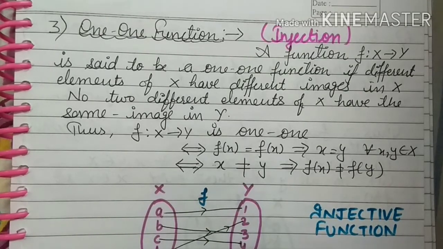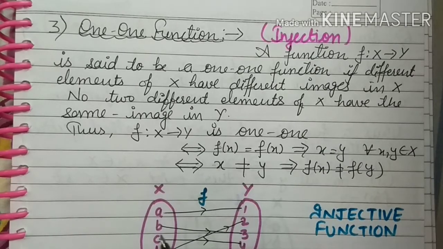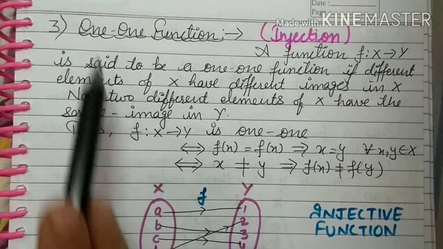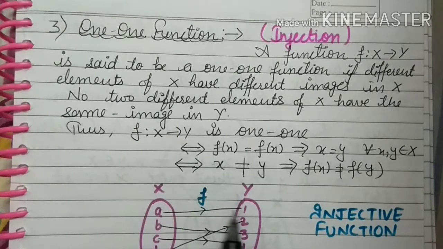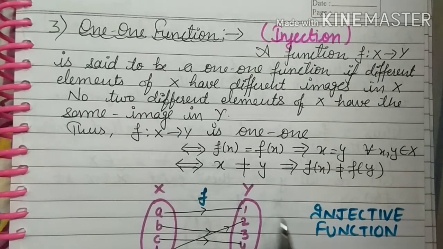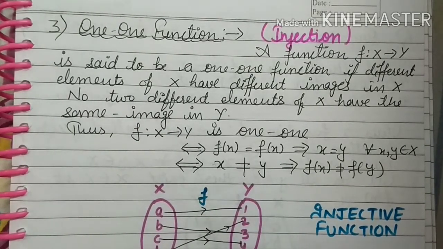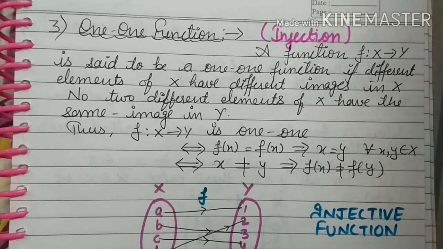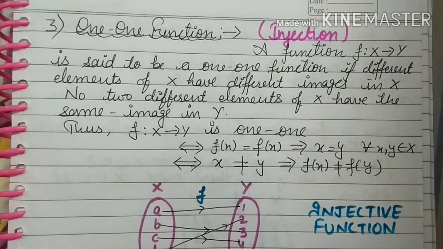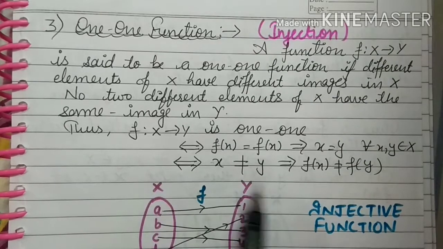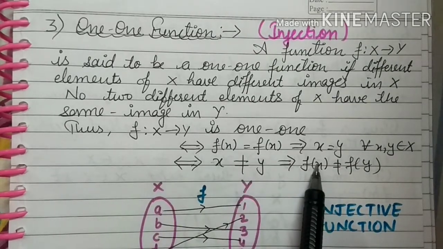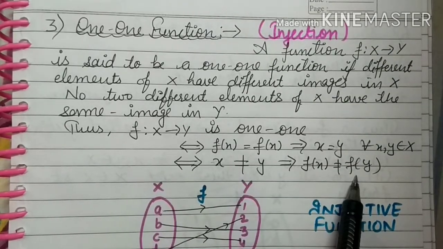As we discussed in the onto function कि two elements can have the same image. But for the one-one function, as by the name one-one, हर element की अपनी अपनी image होनी चाहिए. कि अगर कोई एलिमेंट्स की इमेजेस अलग अलग हैं तो फंक्शन में जो वैल्यूज होंगी एक्स की वो भी अलग अलग होंगी. और अगर वैल्यूज इक्वल नहीं है तो फंक्शन पर वैल्यू भी उनकी इक्वल नहीं होगी.